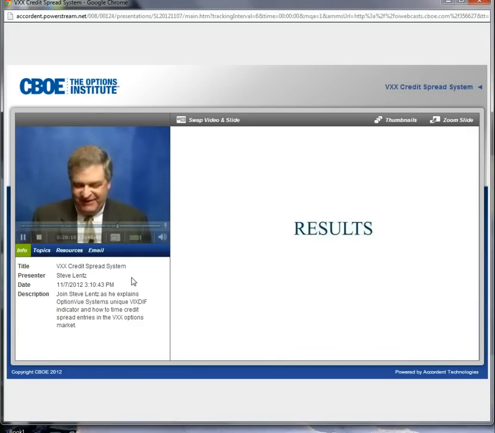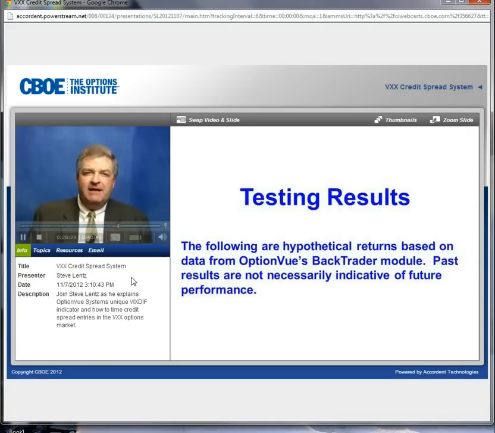The results. All right, now, listen, I'm using OptionVue's BackTrader here. This isn't a real account. I want to make that clear. These are hypotheticals using OptionVue's BackTrader module. OptionVue has saved option prices every 30 minutes of the trading day on ETFs, indices, stocks, futures, going all the way back to January of 2001. So if you want to do back testing on any of your approaches, you can take it through the rigors of